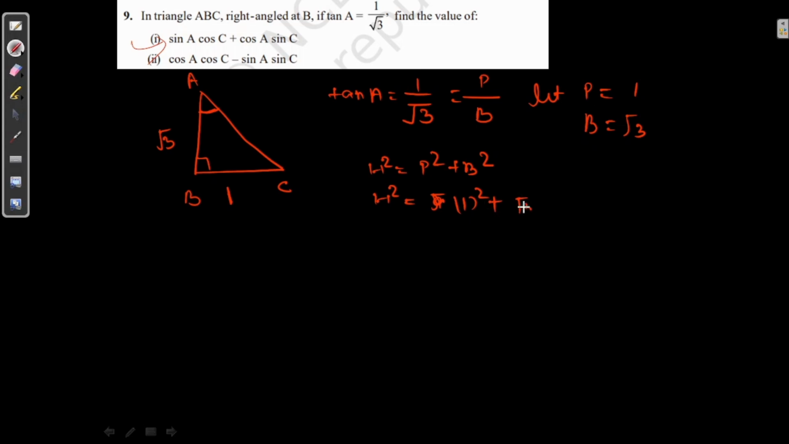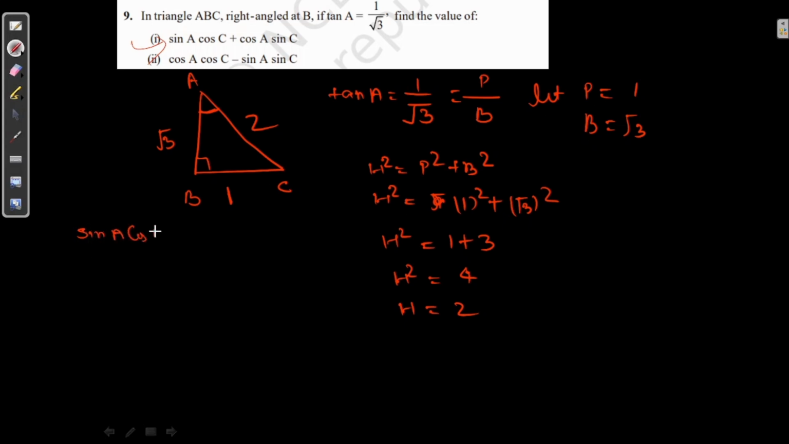B is actually root of 3. So h square is equal to 1 square is 1, root 3 square is 3. H square will be 4 and h is going to be 2. So that hypotenuse is 2 for us. Now we have to find value of